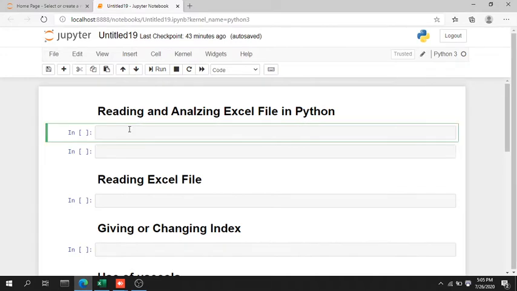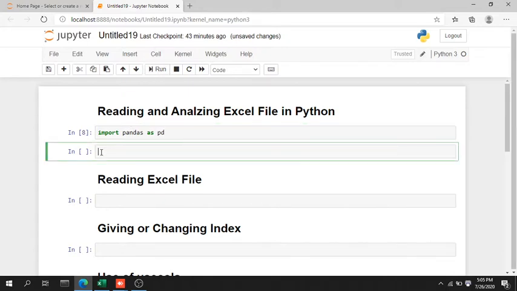So the first thing we're going to do today is read the Excel file, and for reading the Excel file, the first and main thing is to import the pandas library as pd. Let me first import pandas as pd and execute it. What are we going to do next? The next thing is to find the path that Python or pandas can read. For this purpose, we just write wpd.